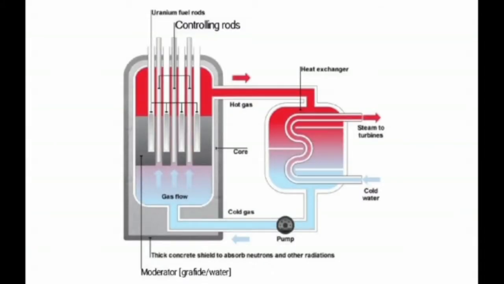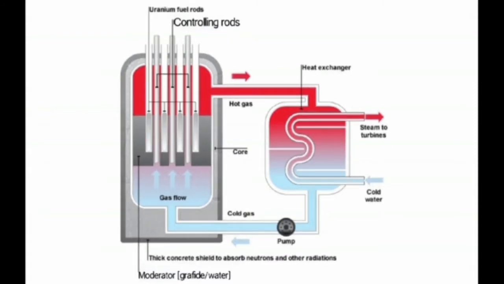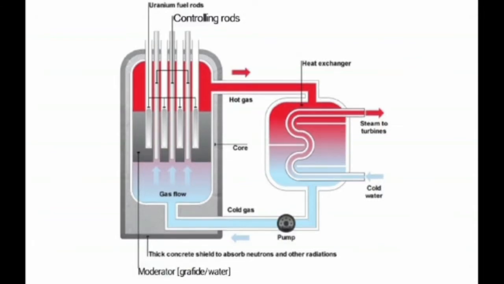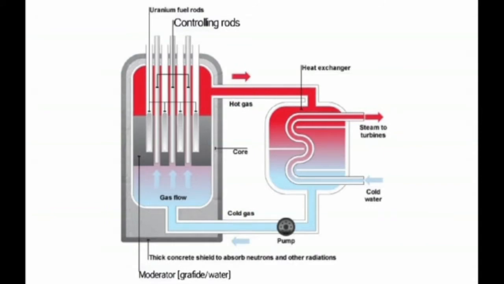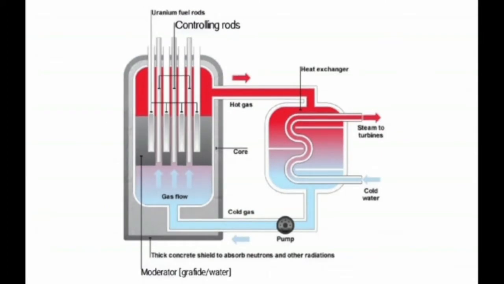Here we have a separate sketch of the nuclear reactor. First we will study how the nuclear reactor works. Here we have a core in which the whole process of heat generation takes place. Then we have the fuel. In a nuclear reactor we use a radioactive element as fuel, which is in the form of rods or plates. Then we have the controlling rod.